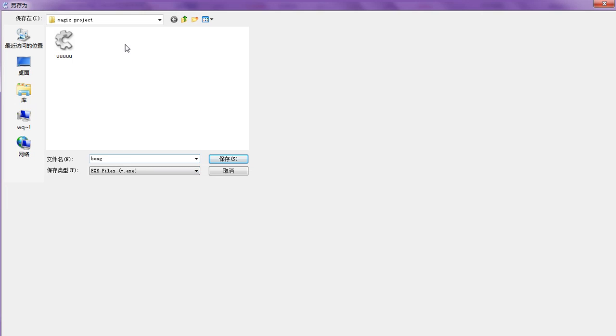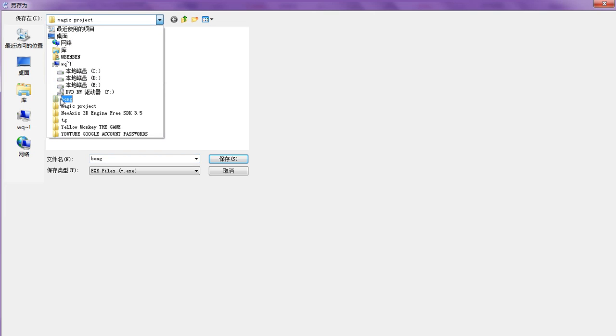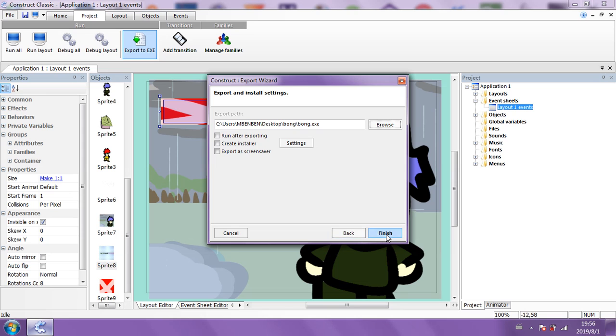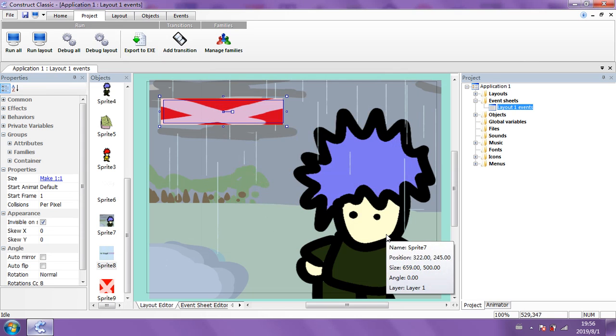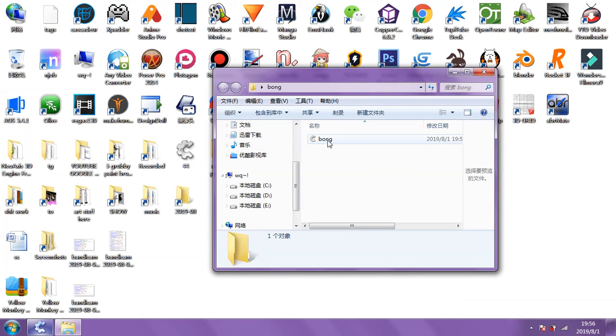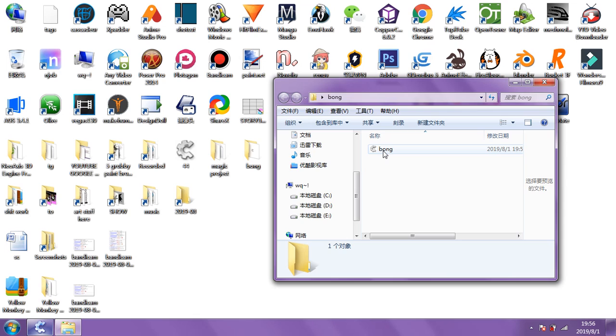And yeah, I'll go ahead to the folder where it is, Bong. I'm going to save the game Bong in the folder Bong. Makes sense, right? Go to finish. I think it's already saved. That's very fast when you think about how long it took to save before. So that's the game. But if I open it, there's going to be no sound. And you may say, well, what about the images? Don't worry about the images. The images should be saved into this.